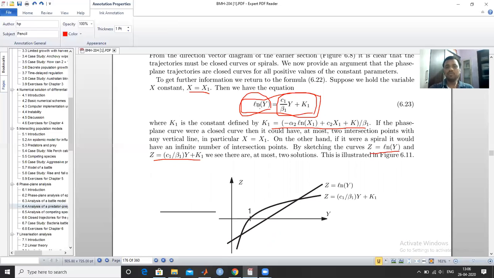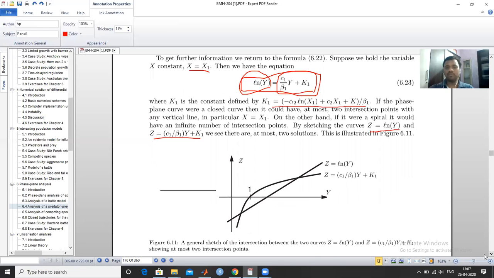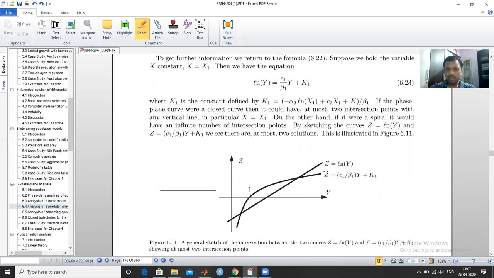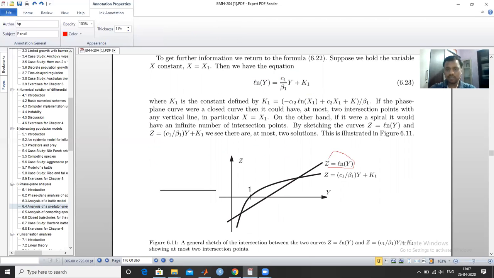Graphically we can find out. So if we plot, y is in this direction, the horizontal axis, and z in this direction, the vertical axis. So if we take z is equal to ln y, it will be represented by this curve. Actually it is given wrong here. Sorry, this curve z is equal to ln y is for this one. So there may be a confusion, right? So z is equal to ln y, the log y curve.